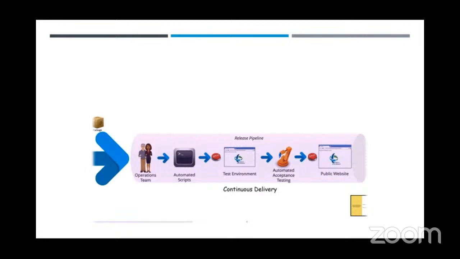And if the tests pass, the code is automatically sent ahead to the public website or the production servers. Now, this has to be handled with care, because here we are automatically deploying onto the production servers, but this requires a high level of maturity from all of the teams that are working. At the same time, we can also have a stop at the automated test step if we want. But if we are making this whole process automatic, then that means we have reached continuous deployment.